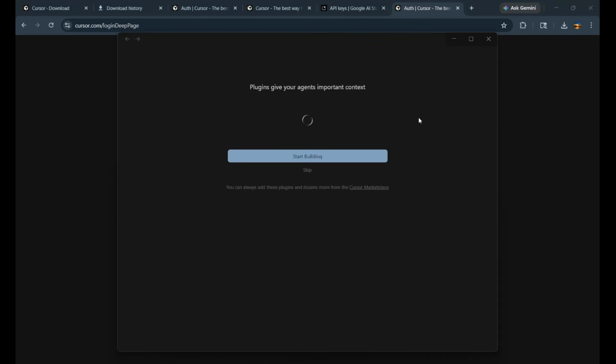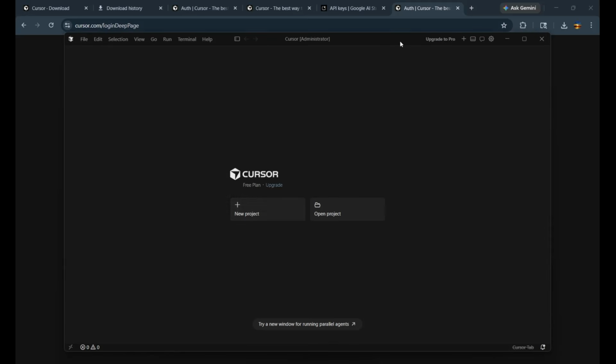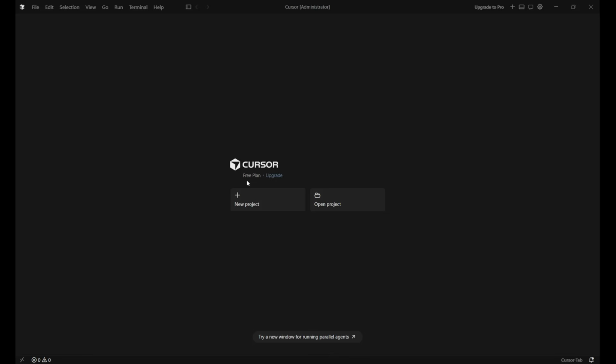So plugins give your agent important context. Fine, so let's start building. You can add your Figma, Notion also. That's all up to you. Now let's create a new project here. Click on the plus new project option,